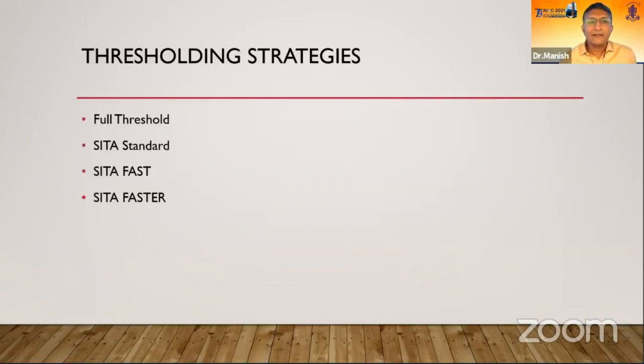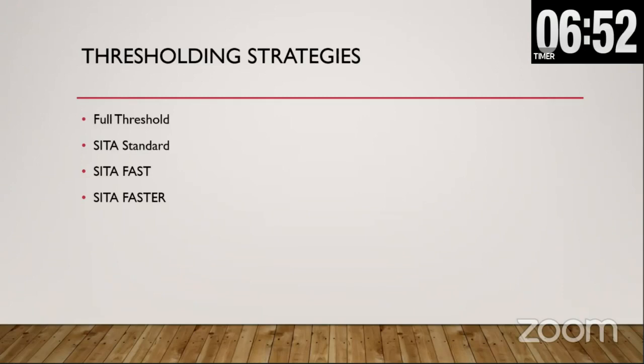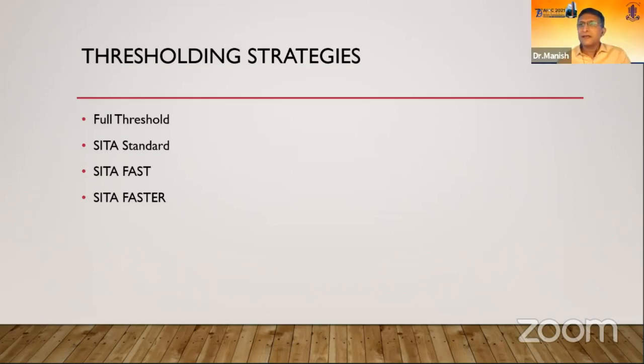So basically, you have the strategies which are of two types. You have the standard threshold strategies, and the full threshold was the original strategy with which the perimeter first came, and that is a very tedious test in which each and every point is tested right from the lowest threshold, and it is passed twice, and it is very extensive. Then we had the modification, the SITA, which is the Swedish Interactive Test Algorithm, and you have the SITA Standard and the SITA Fast. These were designed to cut the testing time without compromising the quality of the visual fields, and they have become the gold standard for us. Especially SITA Standard is the most popular threshold strategy which we are using.